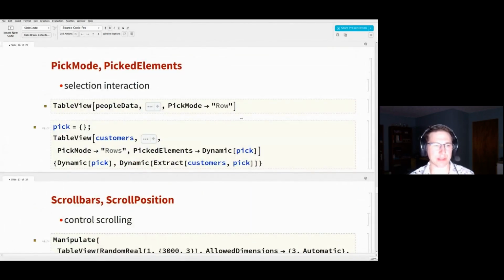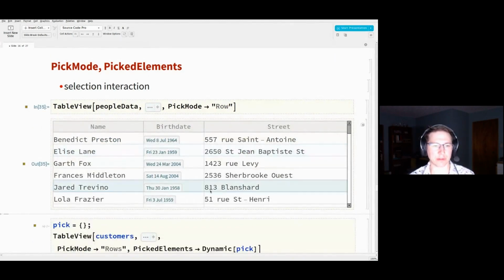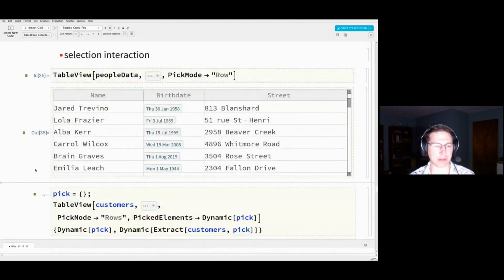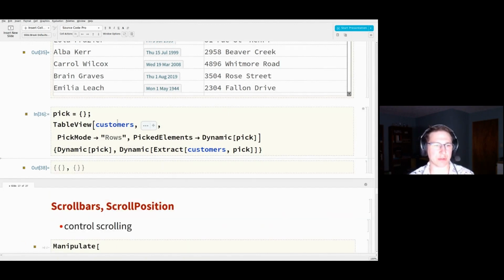We use this thing called pick mode, and it's kind of like the selection mode for the view. So you can change it to either row or rows, and then it turns the table view into an interactive selection widget. And then you can grab the selection with the, I don't have that defined yet. You could grab this selection with the